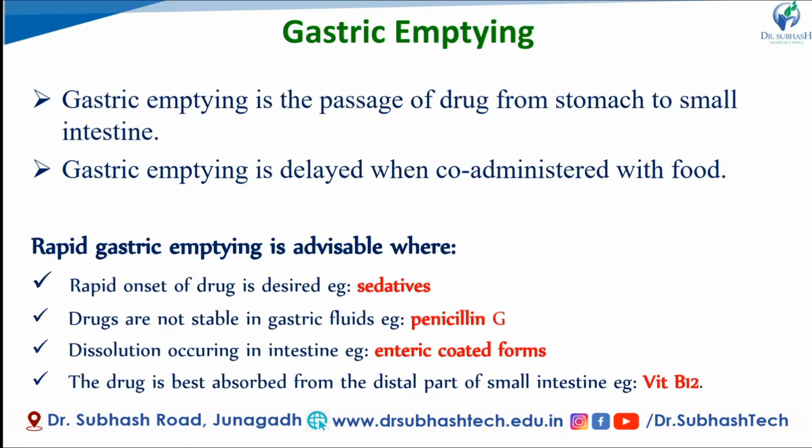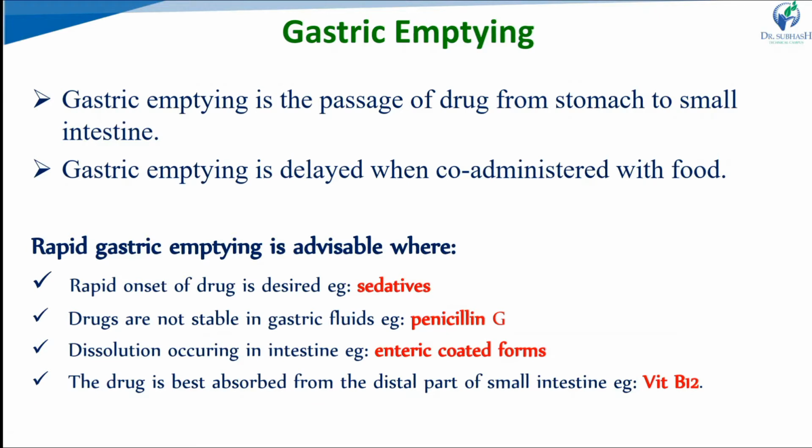Before we start the patient-related factors affecting drug absorption one by one, we have to know about the anatomy and physiology of the GI tract. The gastrointestinal tract comprises a number of components, their primary functions being secretion, digestion, and absorption. The mean length of the entire GI tract is 450 centimeters.